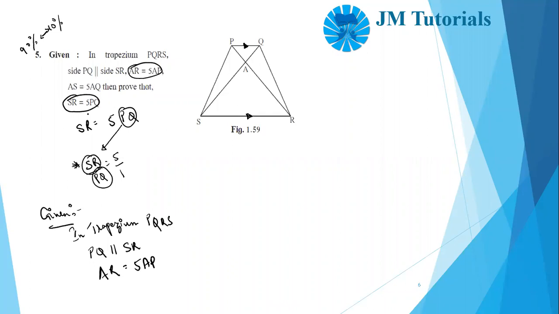I looked at this and I understood that okay, I have to bring it in this form, SR upon PQ. I have to bring PQ down, below SR, and then 5 by 1. That means I have to get this in the form of CSST. Now to get it in the form of CSST, before that I have to prove that they are similar. So now I'll see which test I'll use to prove them similar.